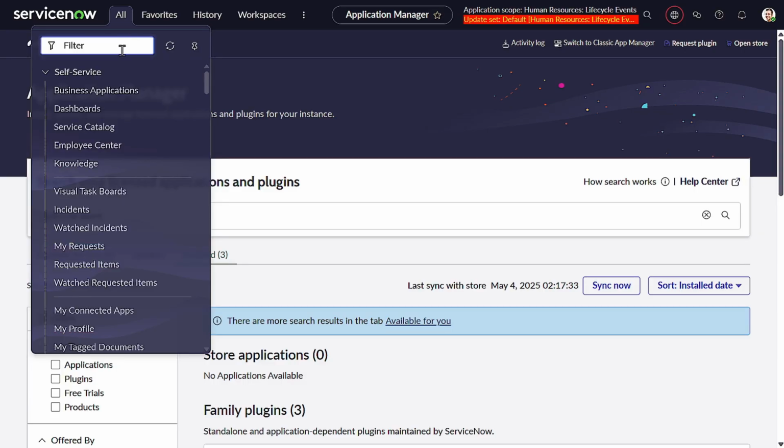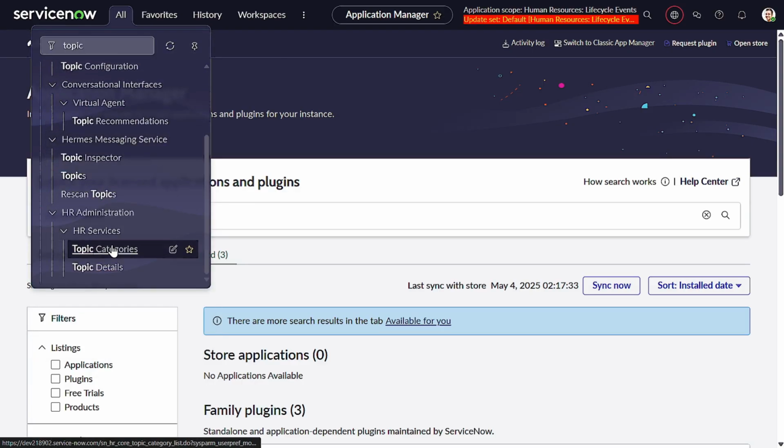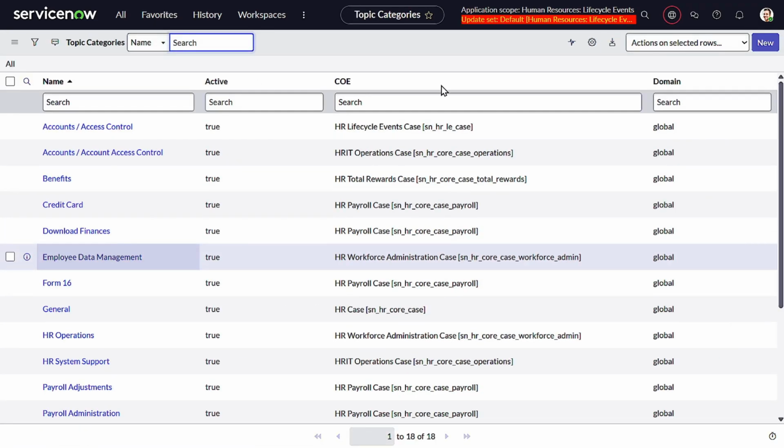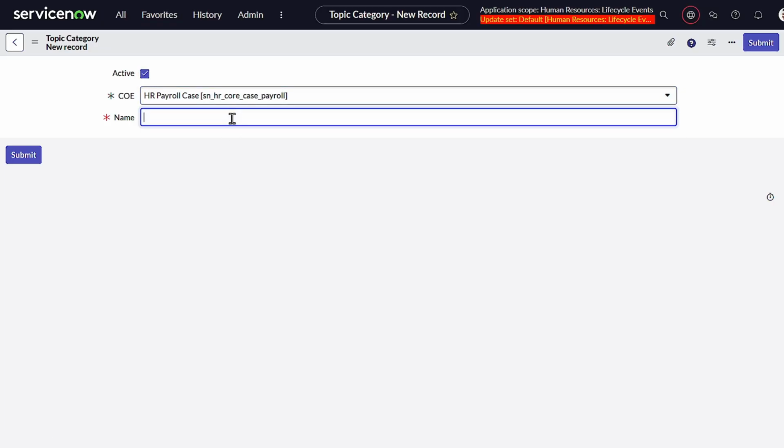You know how we can create a service in HRSD, right? We'll do the same, and I will be pretty quick today because we have a lot of things to cover. So we'll go to HR topic category. We'll create new, and we'll select payroll. We'll go to payroll and give it a name,